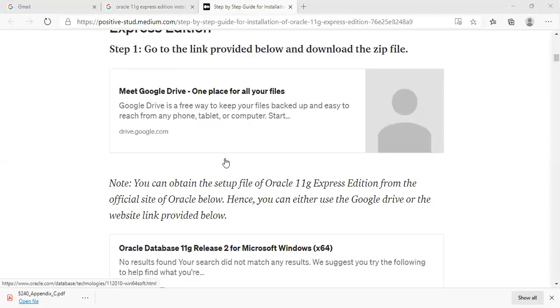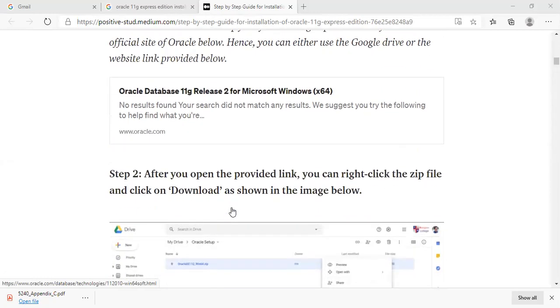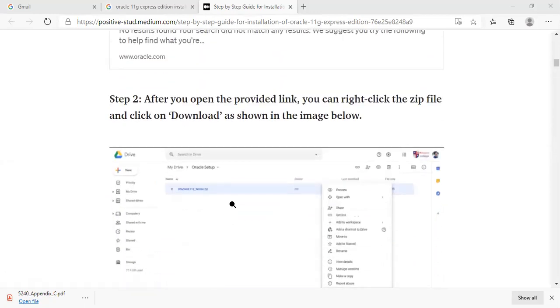Now the step-by-step procedure for installing Oracle. You have to go to the Oracle official website and start by downloading Oracle 11G.